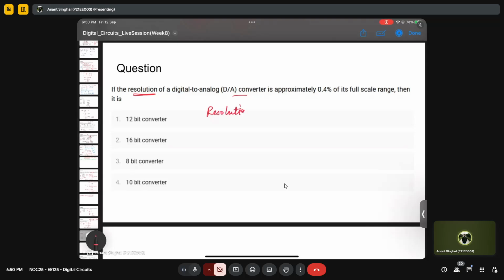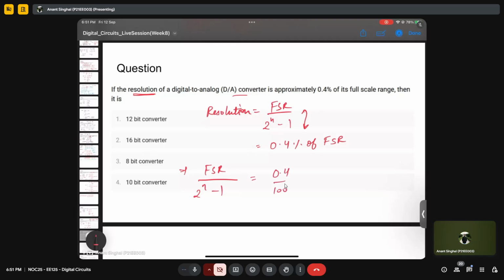Again, it's not given what type of DAC, so we'll consider any. It is nothing but full scale range over 2 raised power n minus 1. And it says this is equal to 0.4% of the full scale range. So basically this is equivalent to this, and from this we can easily calculate n. So FSR over 2 raised power n minus 1 is equal to 0.4 by 100 times FSR,